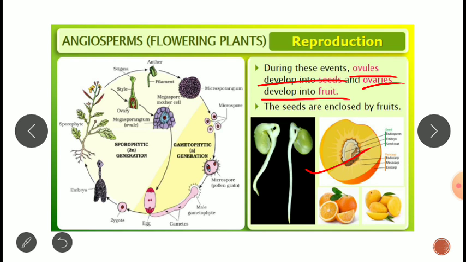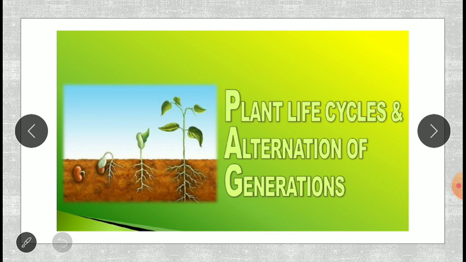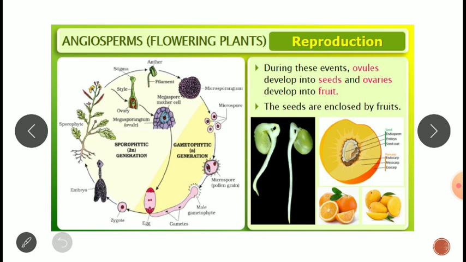In this manner, we can see that reproduction in the angiosperms is a very, very unique one which is going to provide us food to eat. So this is your angiosperms. With this, we finish the groups of the plants, that is your higher algae, bryophyta, pteridophyta, gymnosperms